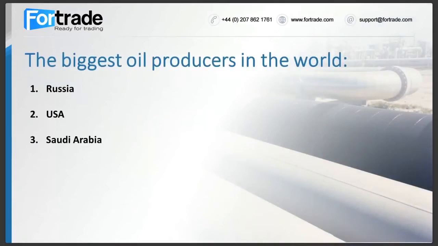Alongside OPEC, there is soaring US production to consider. The US has now overtaken Saudi Arabia and is the second largest oil producer in the world, only behind Russia, which produces 11 million barrels per day. However, US oil production, powered by US shale producers, will total 12 million barrels per day by the fourth quarter of 2019, according to the Energy Information Administration's